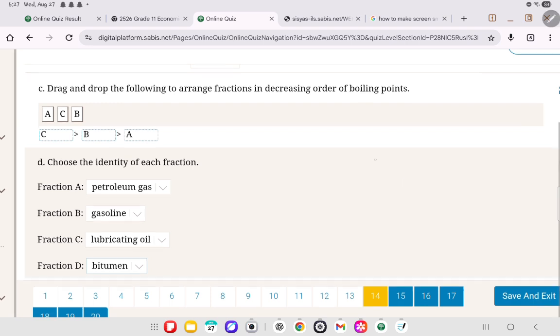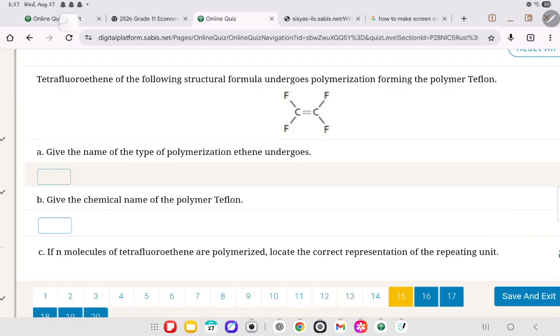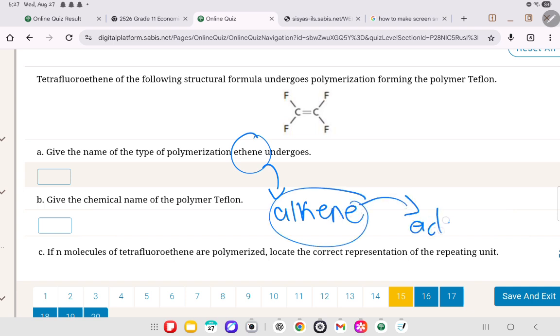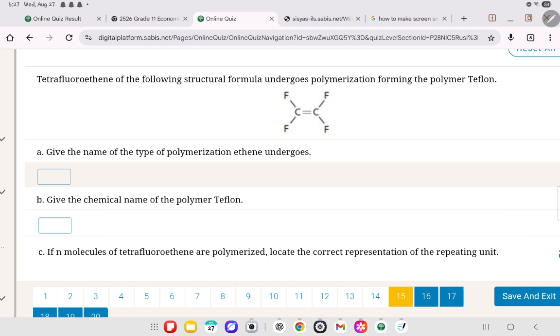Okay, we'll move on to question number 15. So, tetrafluoroethene of the following structural formula undergoes polymerization, forming the polymer Teflon, right? Give the name of the type of polymerization ethene undergoes. First of all, ethene is what? Ethene is an alkene, right? Alkenes undergo addition polymerization. Very simply, this is how you solve it, right? So, ethene is an alkene. Alkenes undergo addition